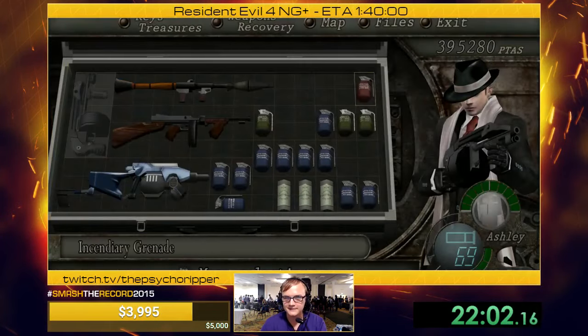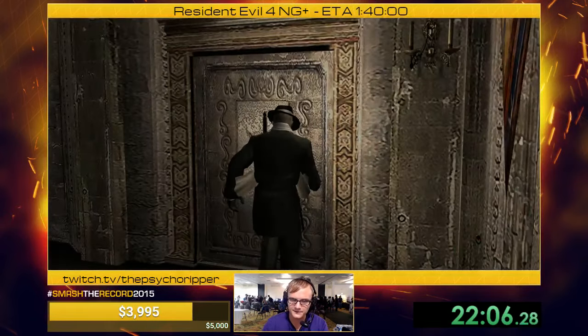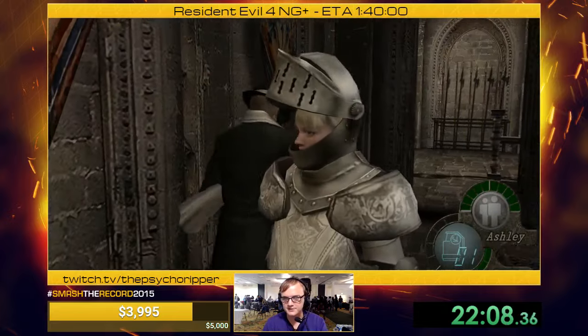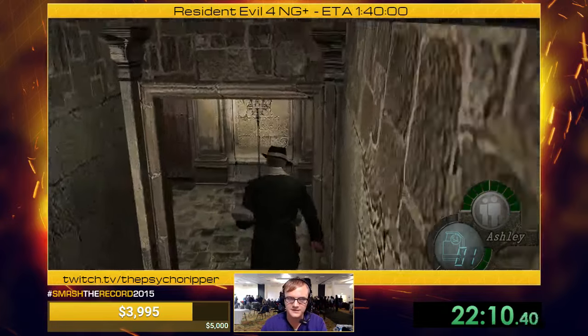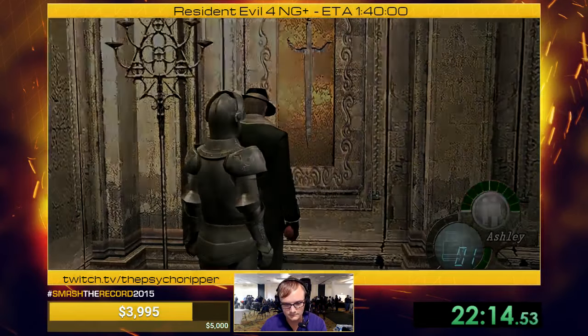Yeah, exactly. Alright, so now we're going to do this little sword puzzle, another little small thing we can do. We're going to leave Ashley up here. Well, guess we're not. Ashley's coming with us, apparently. I don't know what happened there. Alright, so...